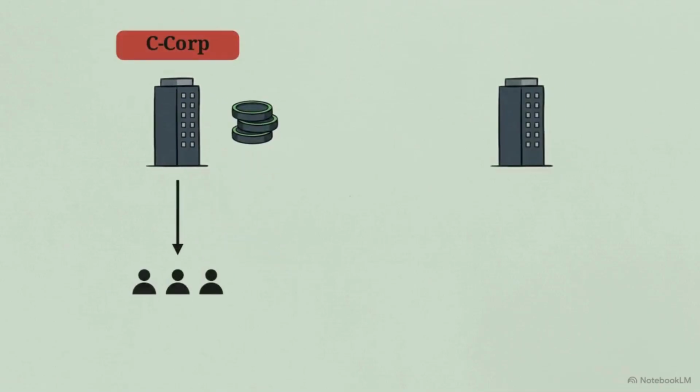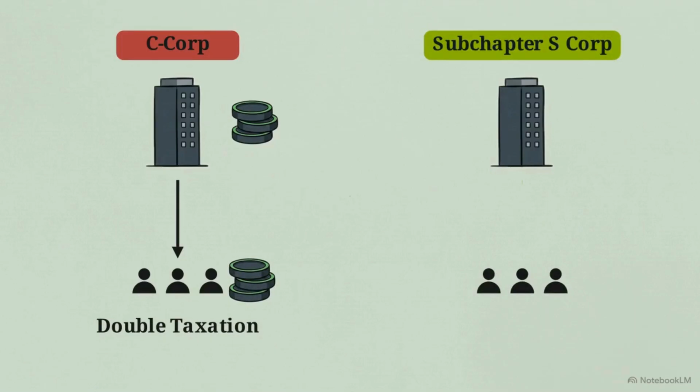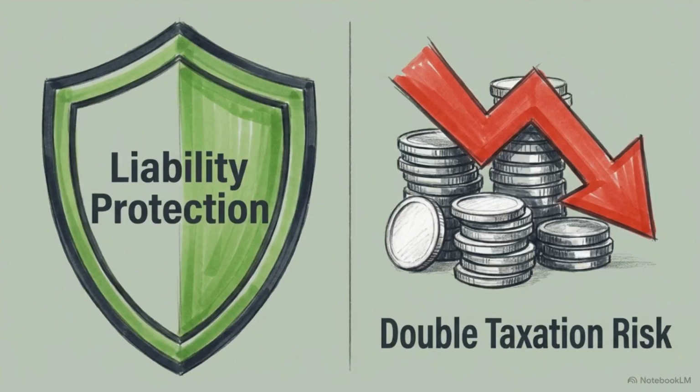Tax rules depend on the corporate structure. A C corporation pays corporate income tax, and then shareholders pay again on dividends, which leads to double taxation. A subchapter S corporation avoids this by allowing income and losses to pass through directly to the shareholders. Incorporating offers a shield against personal liability, but owners must select the correct tax entity to avoid double taxation from eroding the real estate profits.